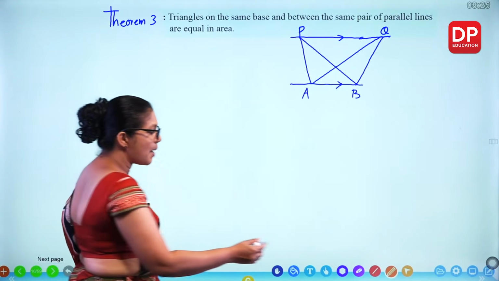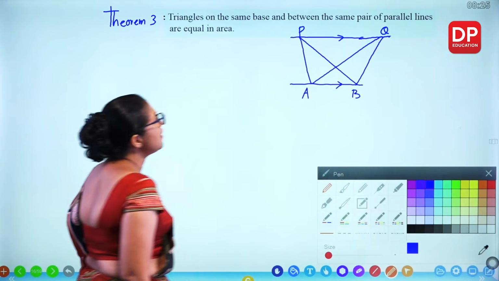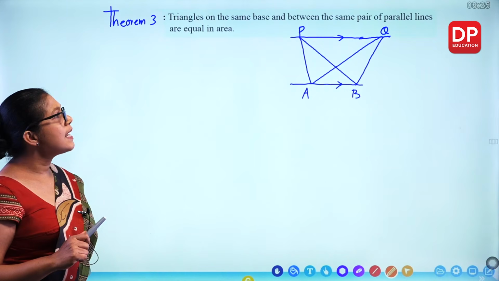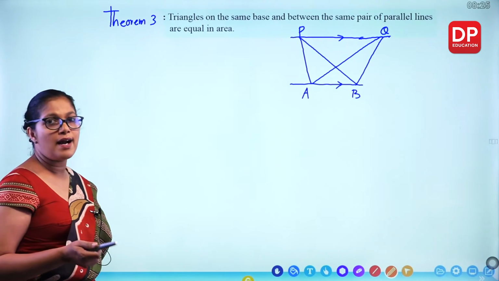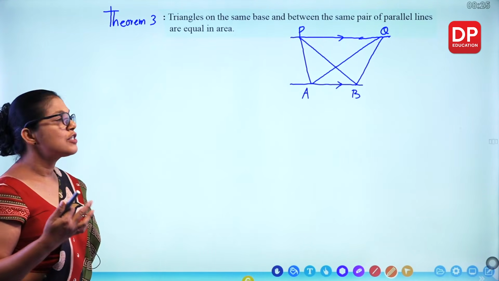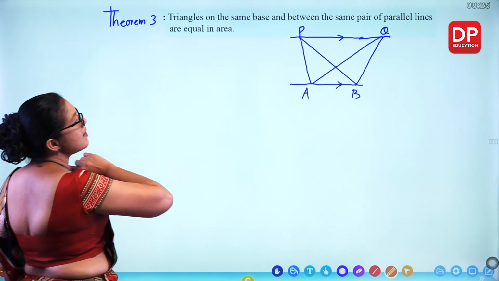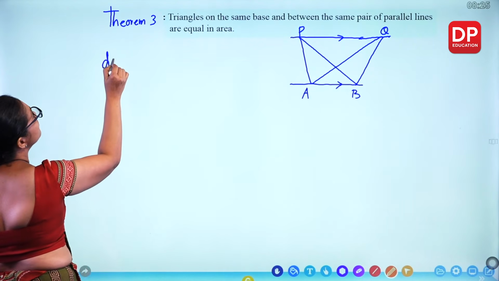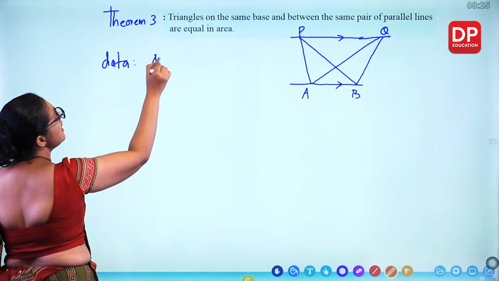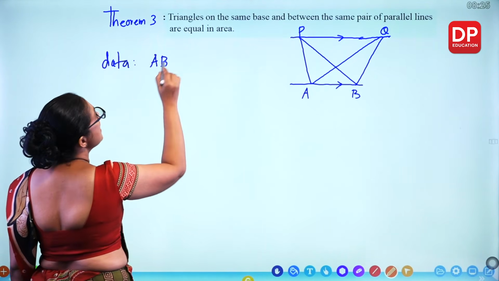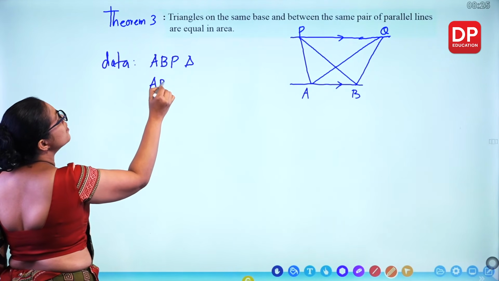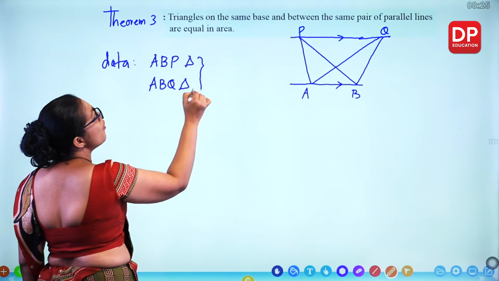Now we'll look at theorem number 3. Theorem number 3 says triangles on the same base and between the same pair of parallel lines are equal in area. Earlier we discussed about parallelograms. Now about triangles. So what is given there? Given there ABP triangle and ABQ triangle, both on